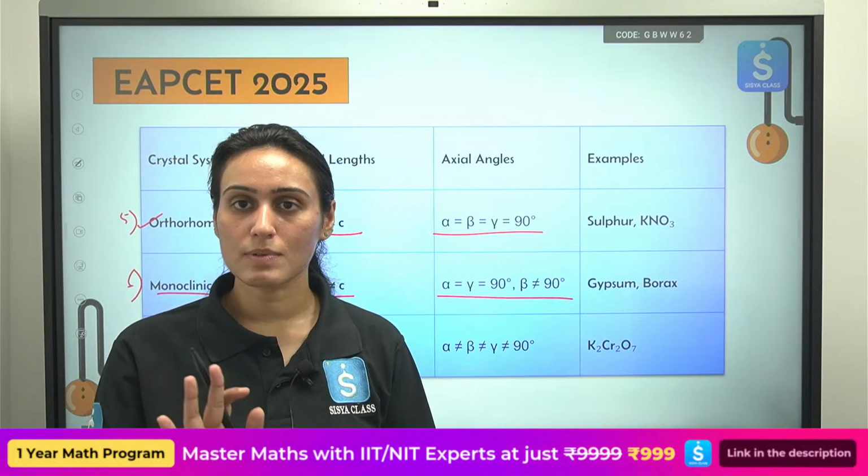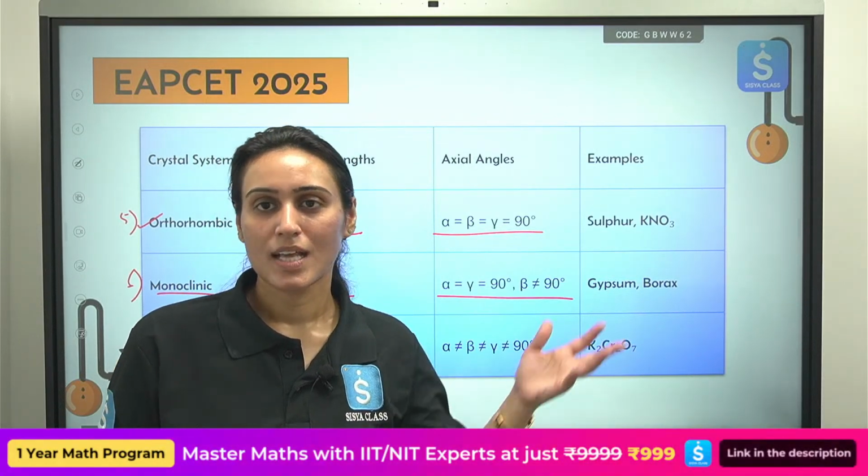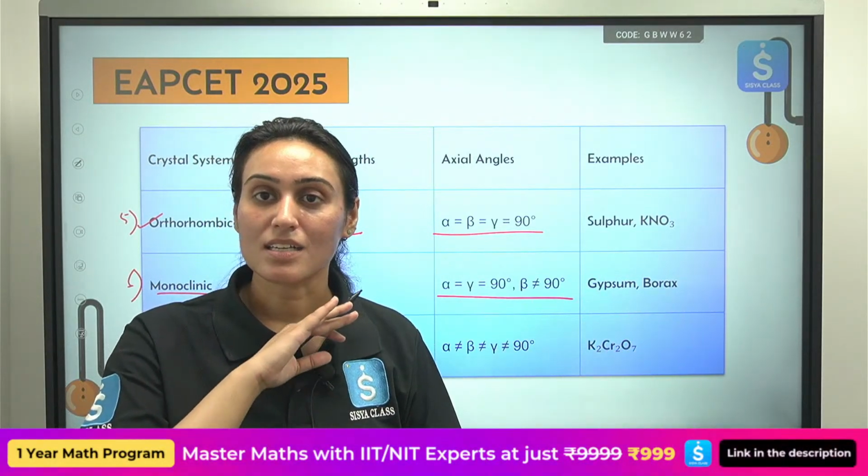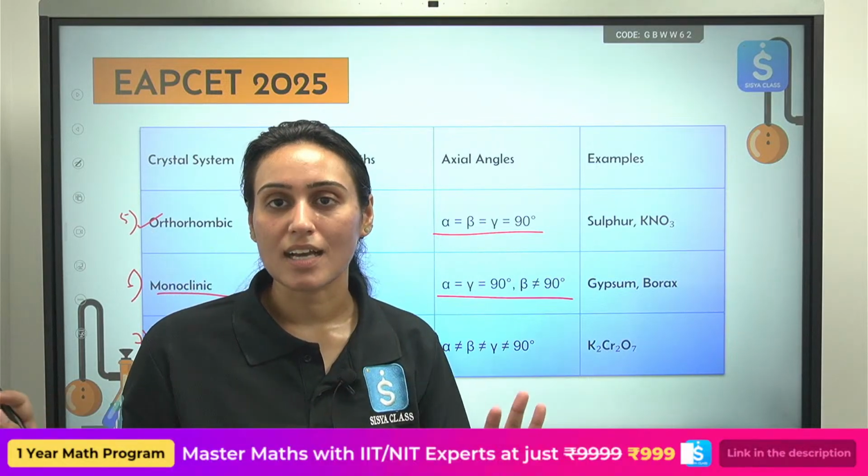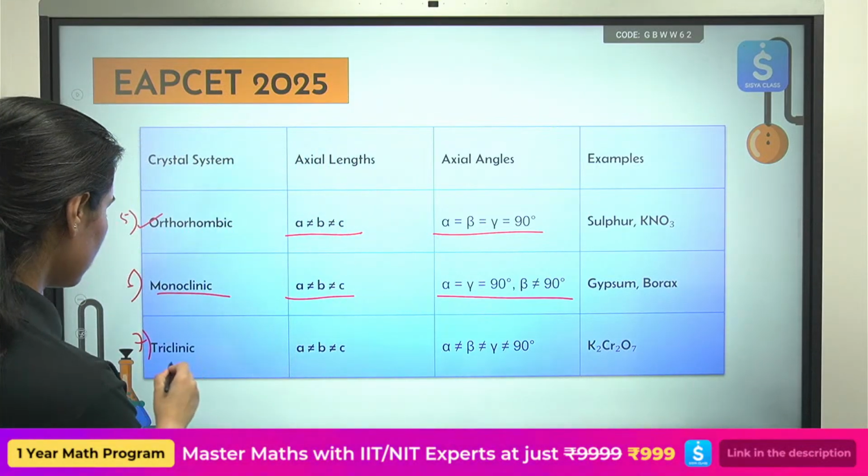So don't worry, what should be the angle? Should we remember it exactly? No. This is the entire information. It is not equal to 90 degree. It could be anything after that. Okay. Then triclinic,